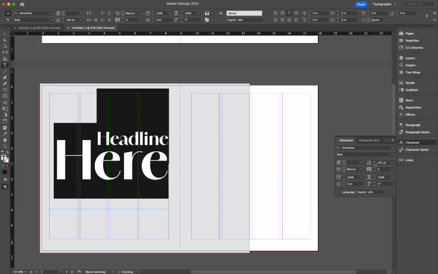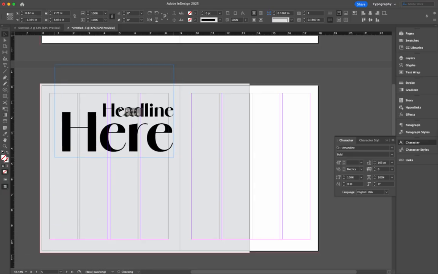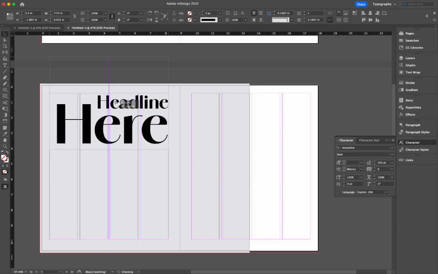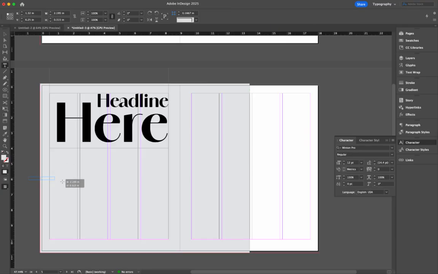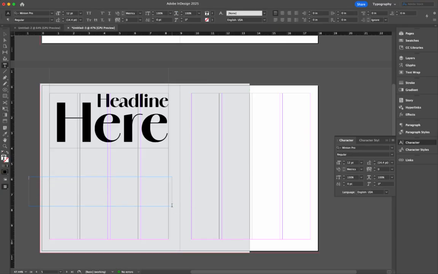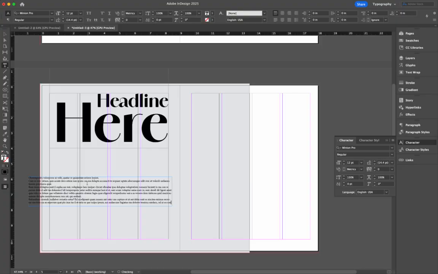So, headline here. We're going to pretend that this is an article that has a photograph, so there's the headline that goes over the photograph. You might have an image of some kind, and then a lot of times there's something called a deck. That's a little subhead or a synopsis of the story, and it's usually about 2 or 3 sentences long. For this case, I'm just going to add filler text